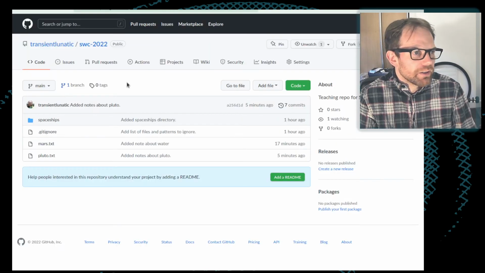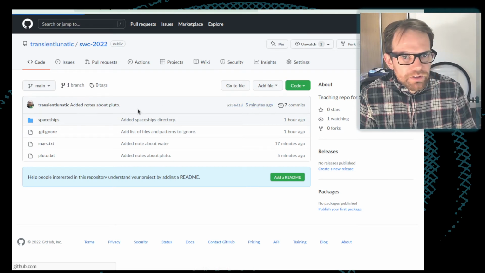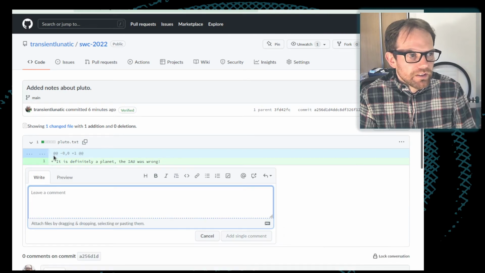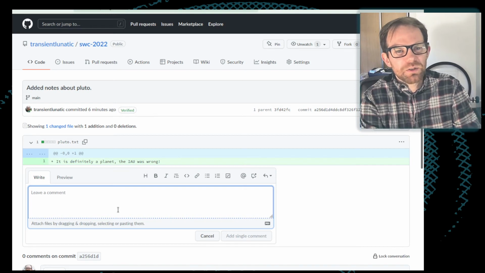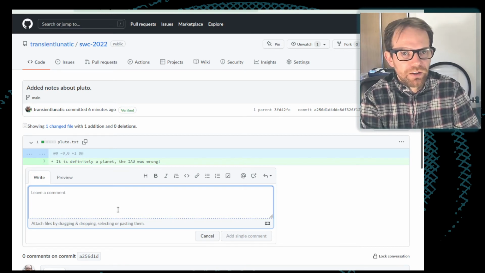So say I go into my commit here, and I want to make a comment on it: it is definitely a planet, the IOU was wrong. I can just click this little plus button and leave a comment here. This is useful if you're coming to do code review, or if you want to have some sort of conversation about the changes which you have made in the code.